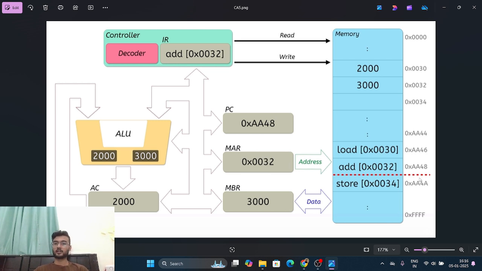MAR sends the address to the memory location. Then the controller unit reads that location and whatever is written inside it. So it sends this address of storing it in Z to MBR. Now MBR sends it to the controller unit. Now the decoder decodes it and performs a read task and sees that this is store Z, we have to send the result to store. So AC sends the 5000 value to MBR